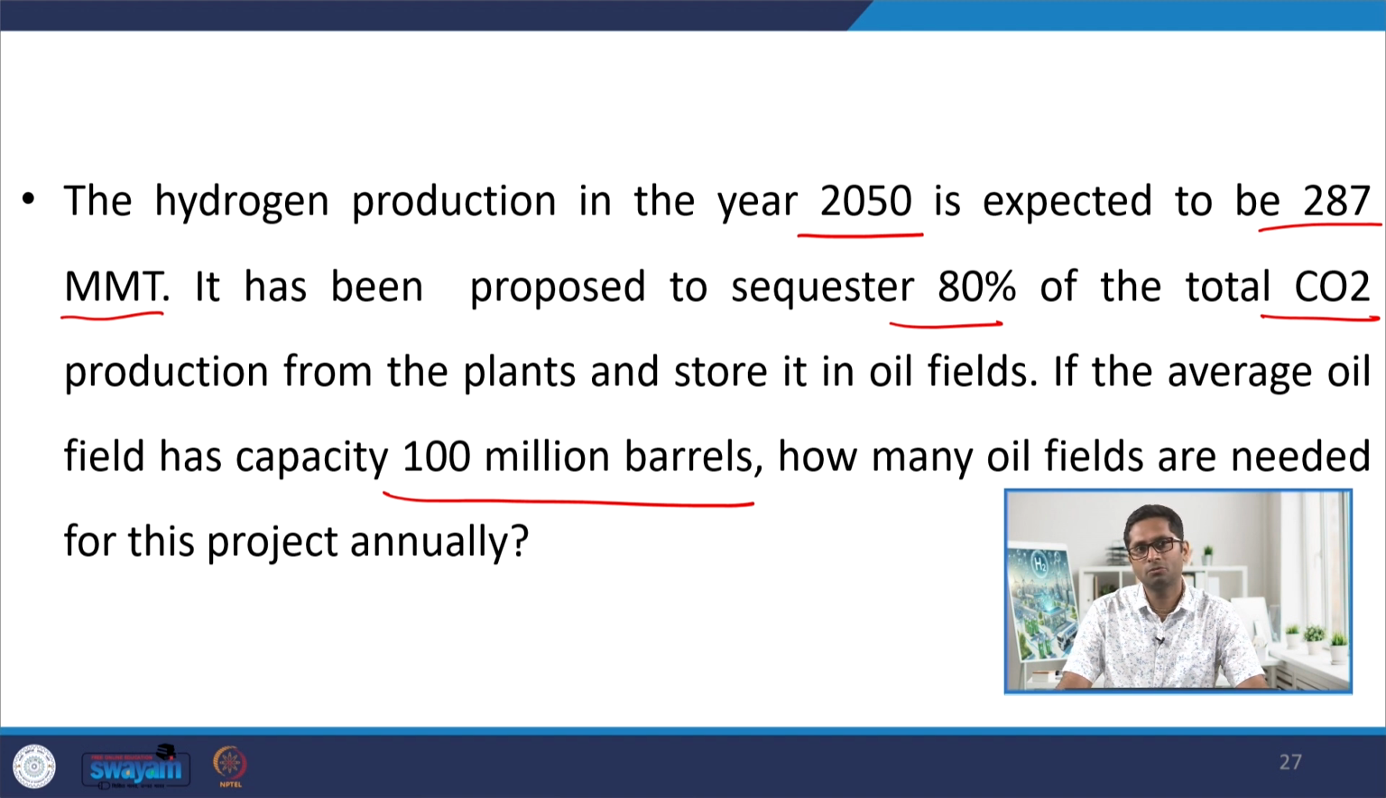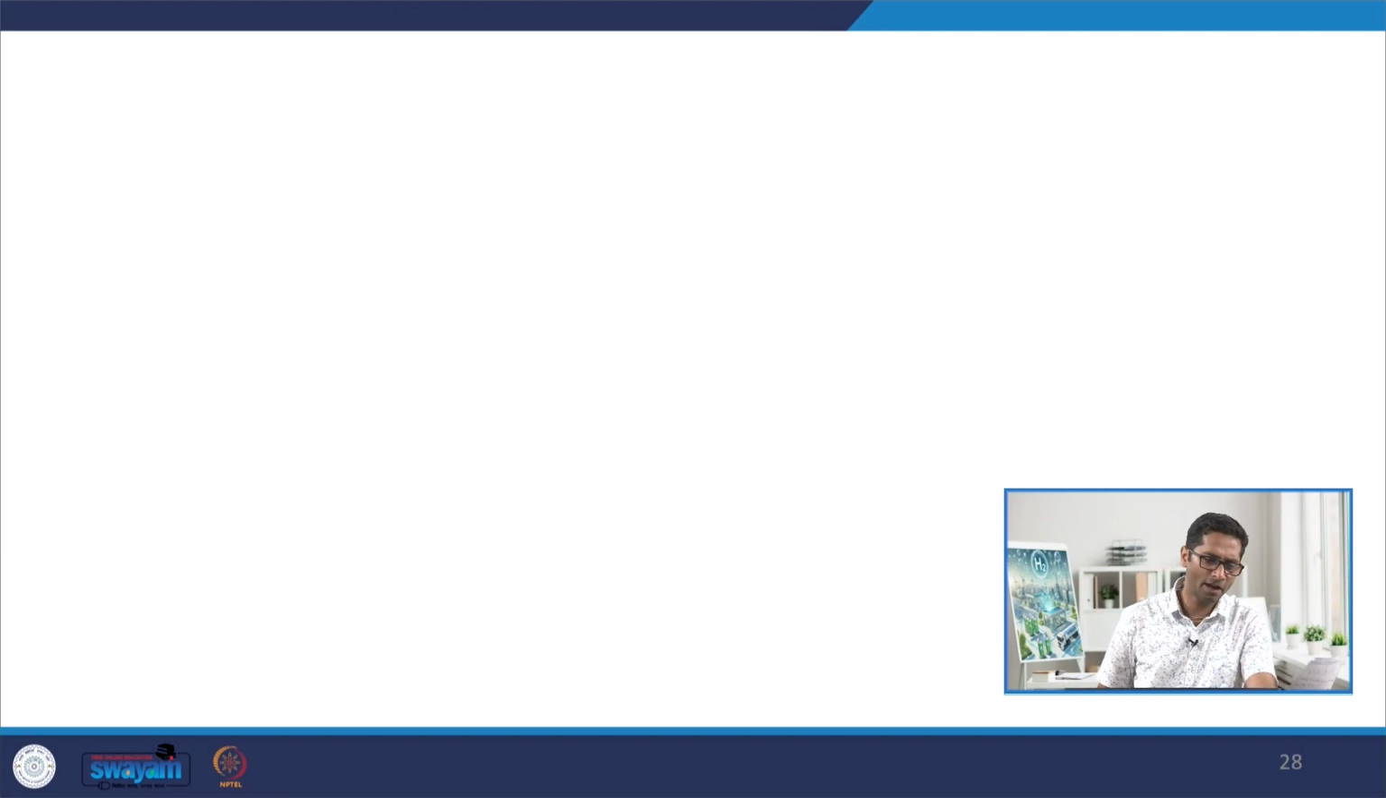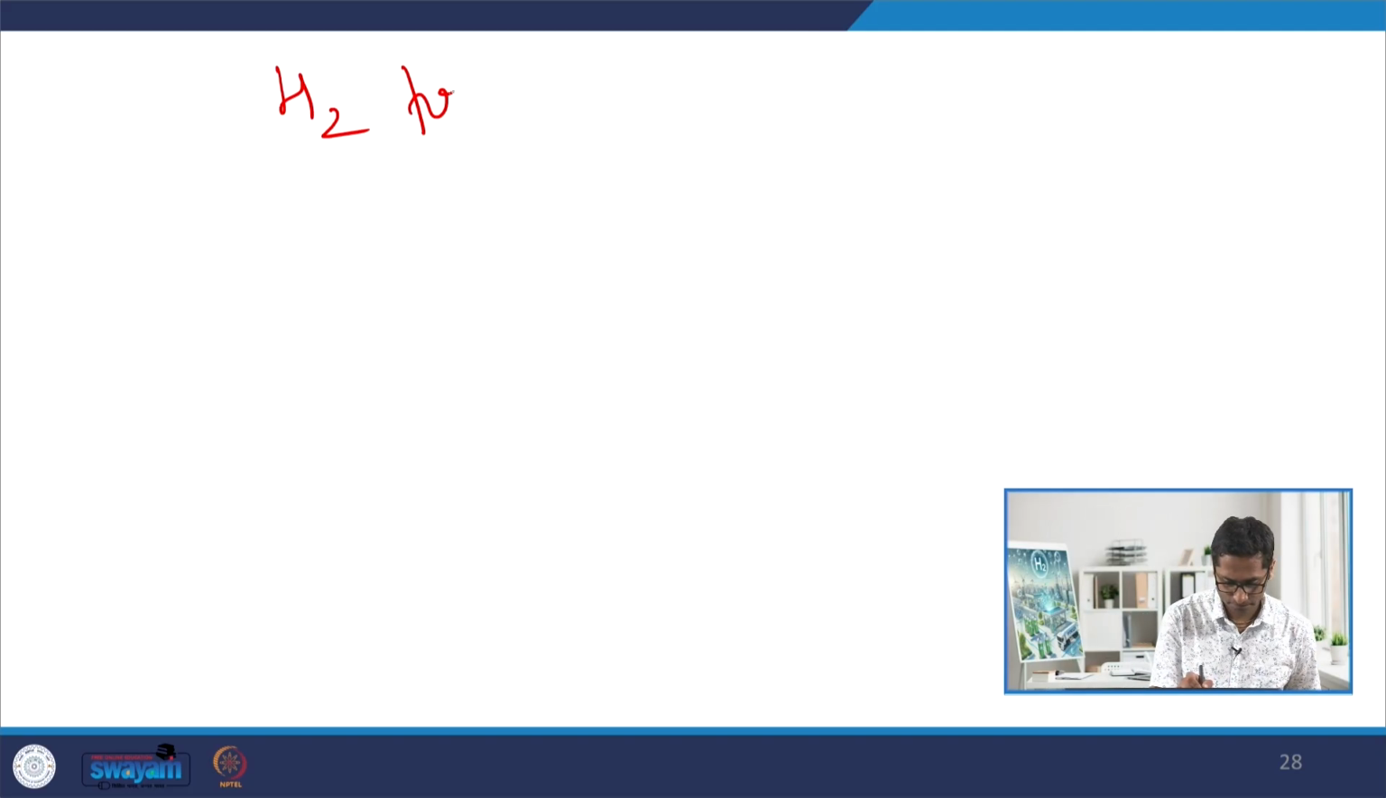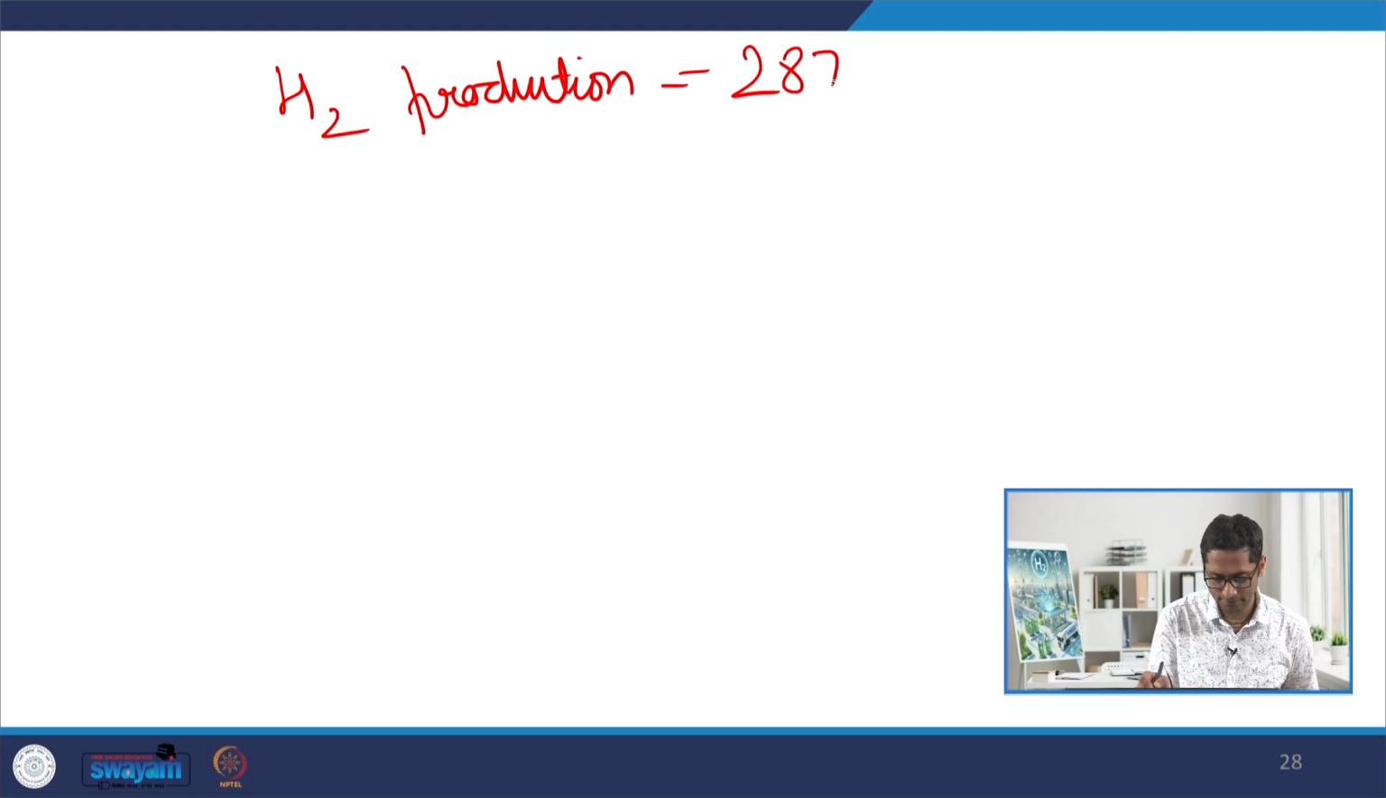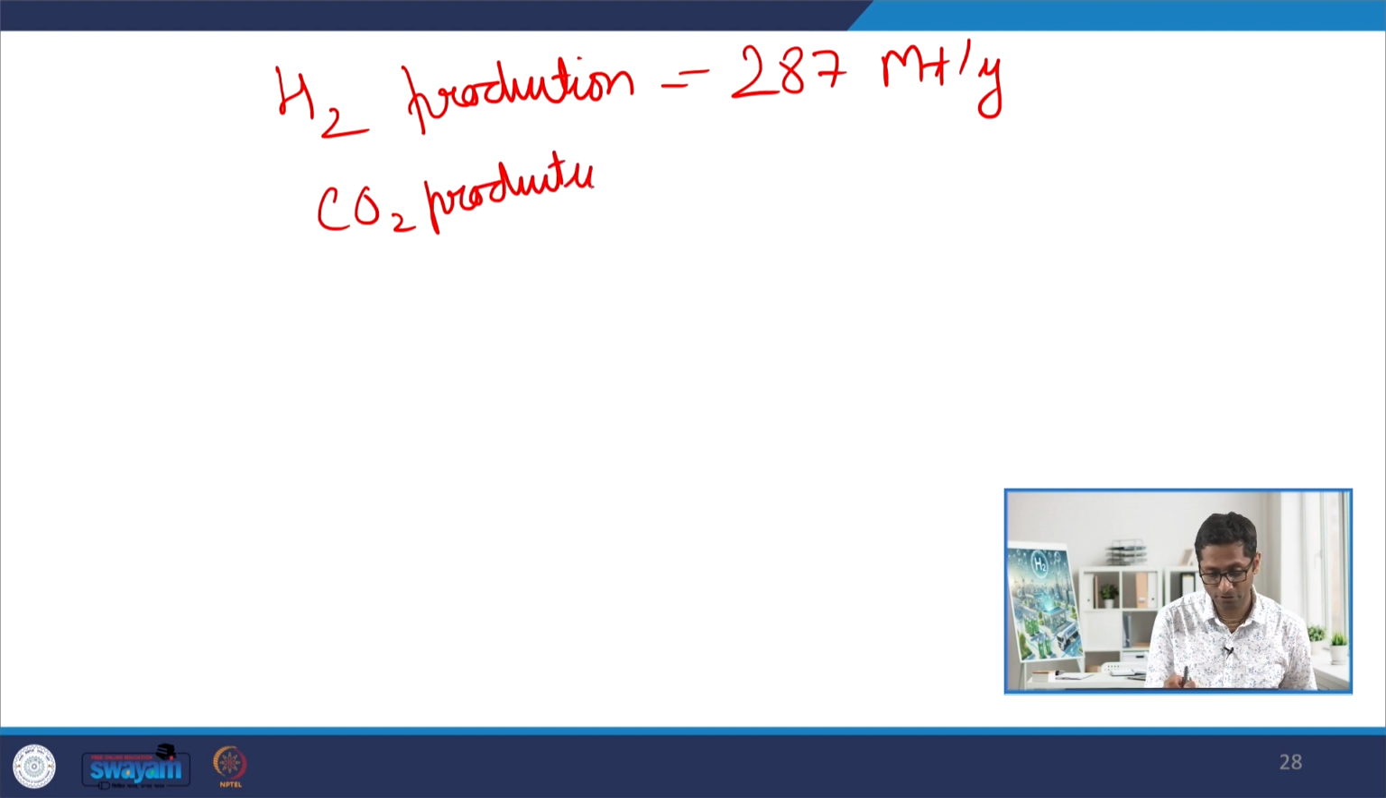So, my aim here is to estimate the number of oil fields that would be needed if I would have to capture 80% of the CO2 that entails from this avenue. Let us do some back of the envelope calculation. The hydrogen production that I am aiming for is equivalent to 287 million tons a year. The CO2 production that would entail, again a function of the technology utilized,